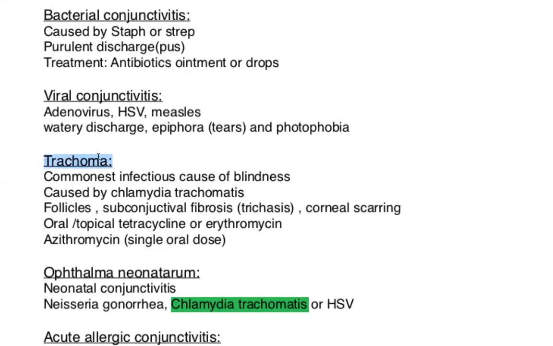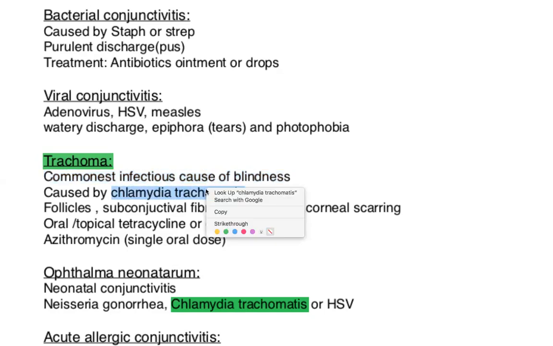Trachoma is an infection. And in Sudan, it is the commonest infectious cause of blindness. So it's the only, like, it's an infection, but if you don't treat it, you can go blind. So it's a very dangerous thing. It's caused by Chlamydia trachomatis. And it causes a lot of different, like, presentations. Like sometimes بتعمل corneal scarring, بتعمل